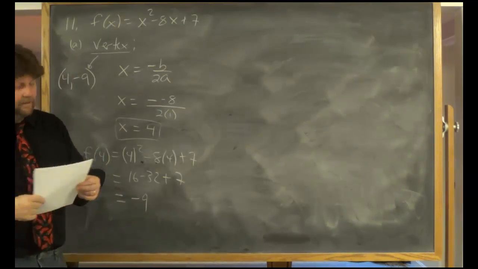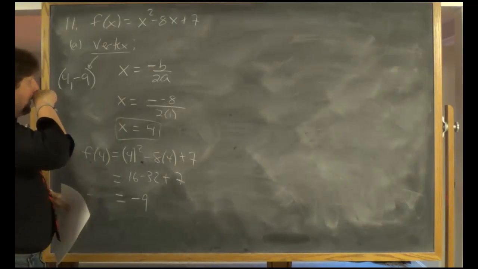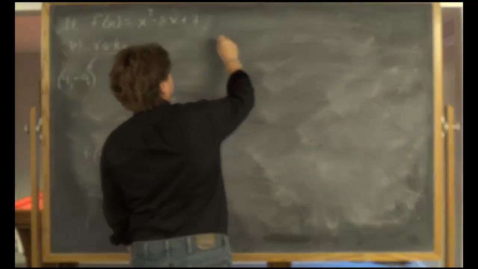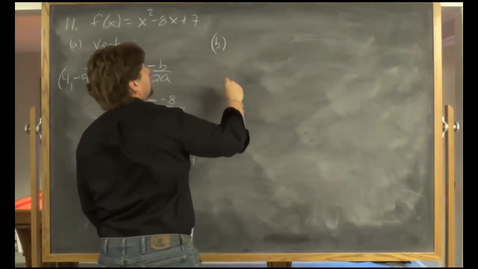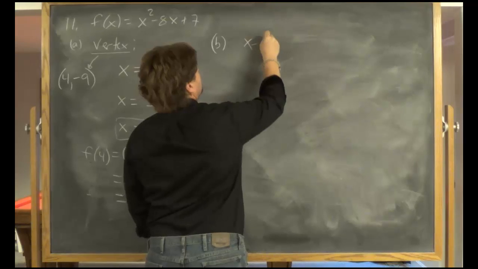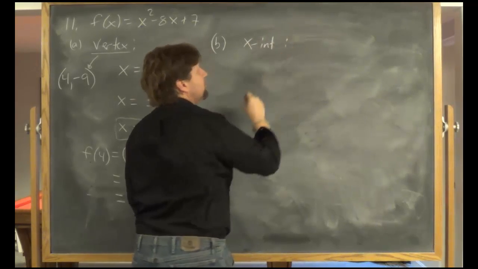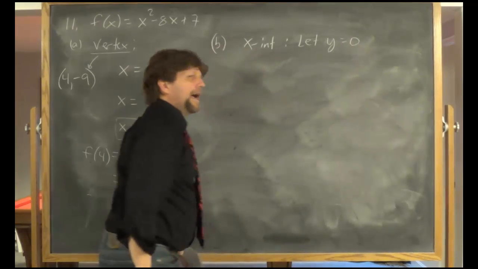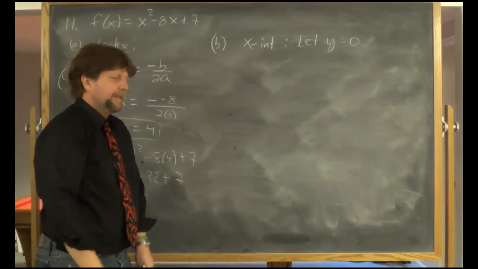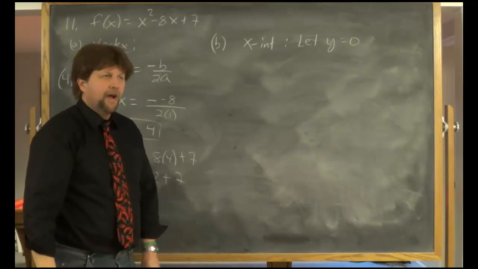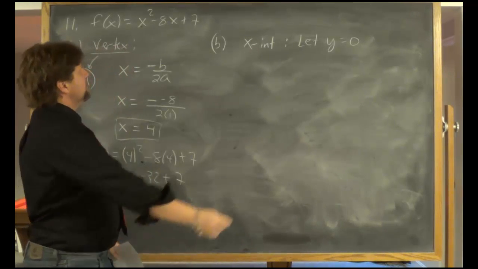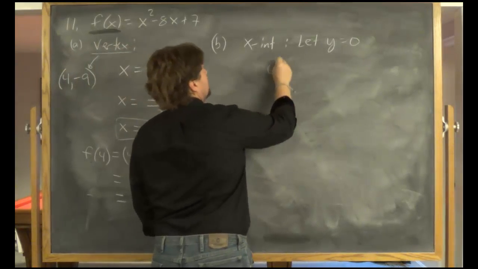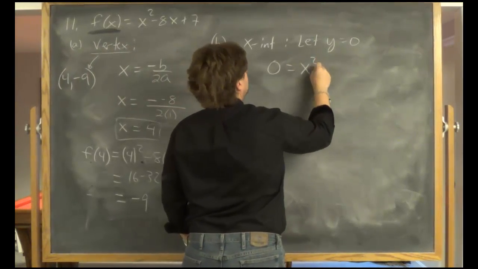Part B, find the x-intercepts. So for part B, to get those x-intercepts, well, remember in general, to find x-intercepts, you let y equal 0. I mean, that's been true for graphs ever since you've been graphing. So let y equal 0. Put 0 in for y. Here, that's f of x. So you put 0 in there,